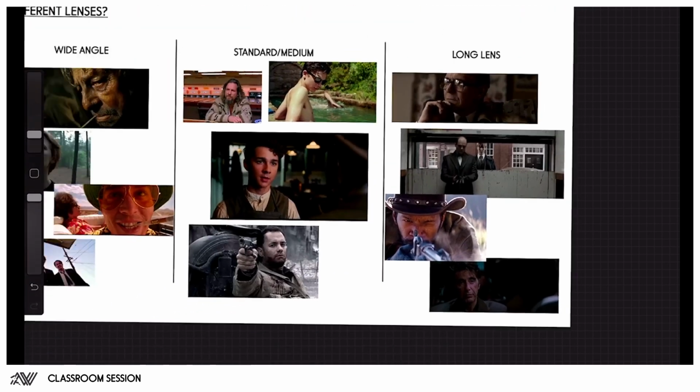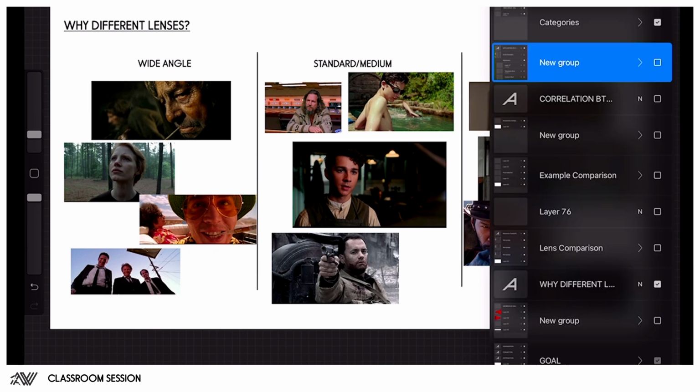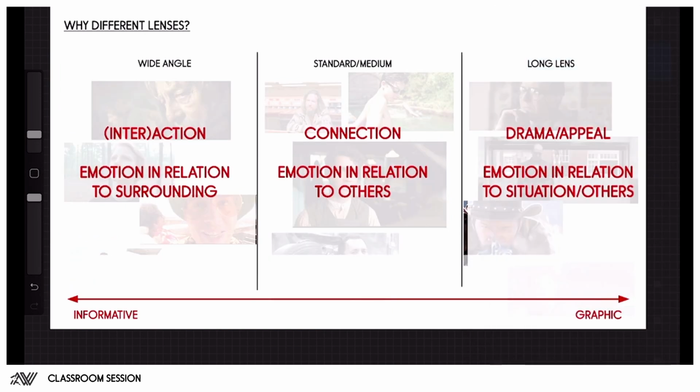And so if we zoom out again, and we look at the goal of each one, a wide angle is mostly used for interaction with the audience, where the motion is primarily in relation to the surrounding. And so what you'll often see, especially when a movie begins or a new scene begins, you'll have what they call an establishing shot.